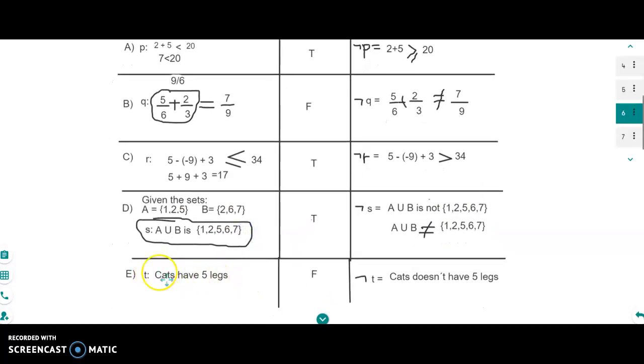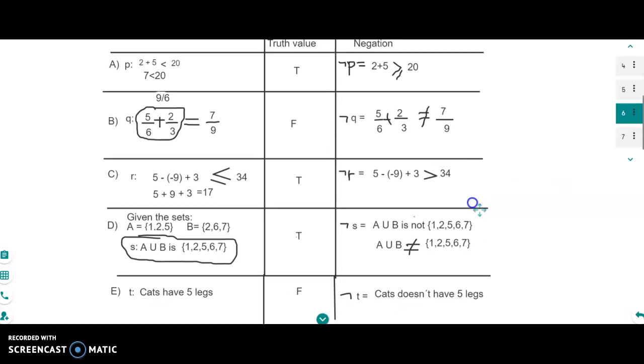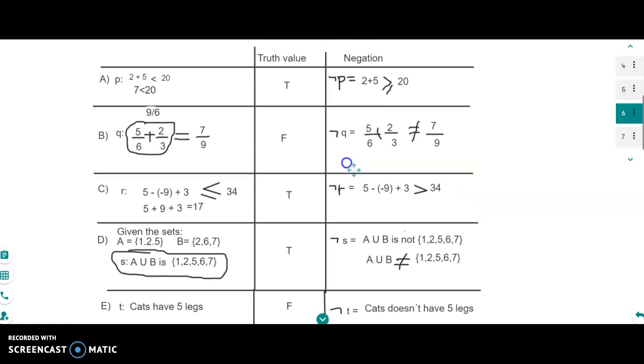And when we have word statements like this, cats have 5 legs, we can use the usual negation in English, which will be doesn't have, okay? And that's it. Okay, guys, I hope you really understood, and that's it for now. I hope you check the last videos as well, and then you will be ready to do the activity in Google Classroom, okay? Check the resources in Schoology, and if you have any questions, just let me know by email,